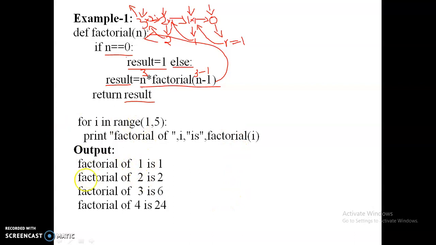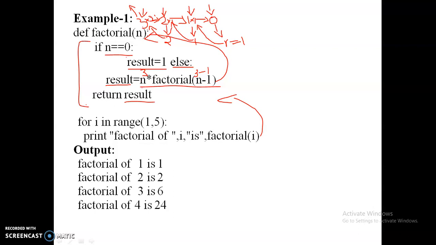Here, for i in the range of 1 to 5, factorial of i. Here we are printing the factorial of each and every number by calling this function, so it shows all the factorials. So without using iterative statements, we are using only an if-else statement and writing an iterative-related program. In recursion, it makes different copies of the functions, and these copies remain in memory until we complete the execution of that particular copy of the function.